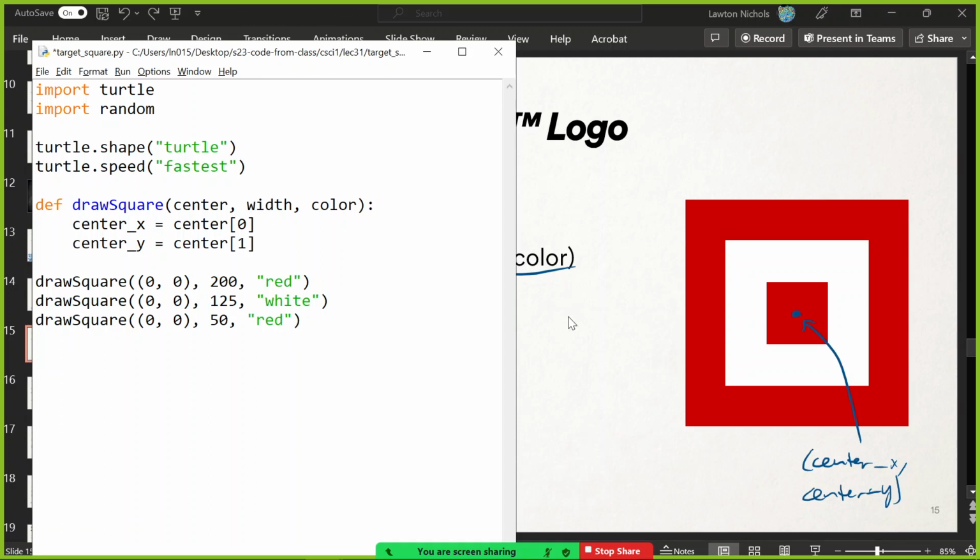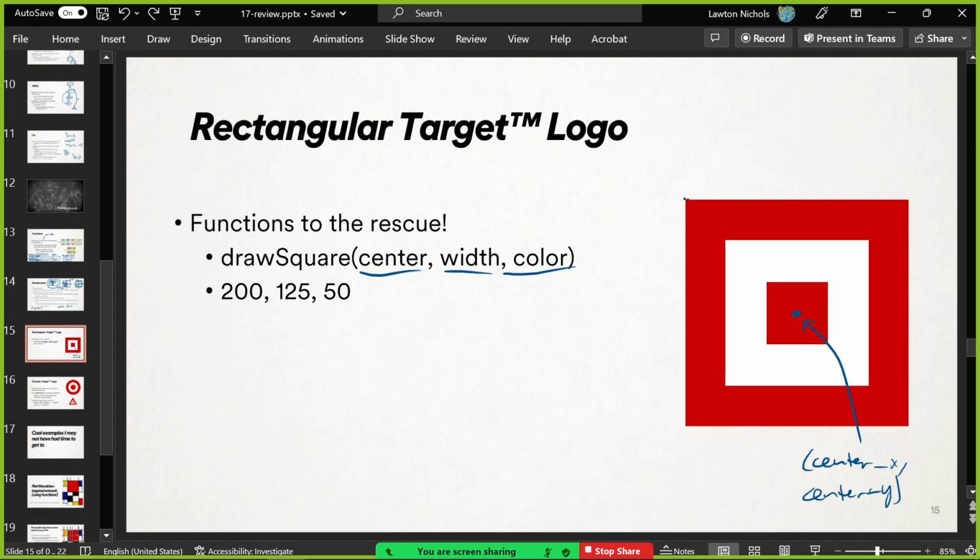And then, how do we know how to draw a square? I think we started in the upper left, right? And then we started facing right, going down, drawing things like that. That's how we drew our squares. So, all right, if I have this coordinate, I need to get this coordinate. How do I do it? Well, I have the width of this square. This square is supposed to be width 200. So I need to go over by half, go over by 100, and then go up 100. And that will give me my upper left coordinate.